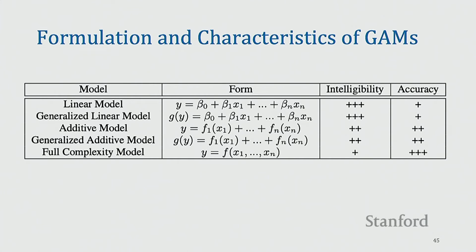So for each input variable, you can learn a separate function over it, and then the additive combination of that will give you y. Now a generalized version of that is a generalized additive model, where you can take a function of the output variable, that is g of y, and then consider that to be an additive combination of functions of different input variables. Okay, and of course if you want to make the model more complex, your y is basically just a function of all the input variables, and that could be an arbitrarily complex function, right? So think of deep neural nets and so on, which fall into the last category.